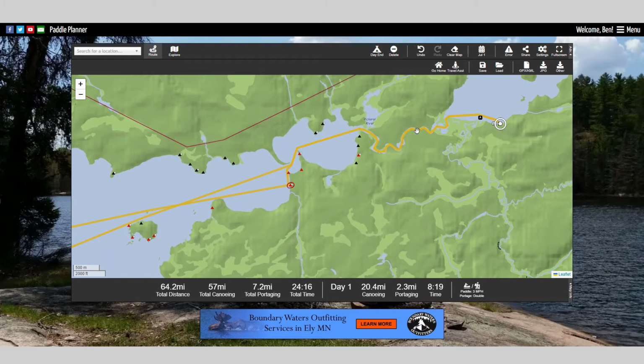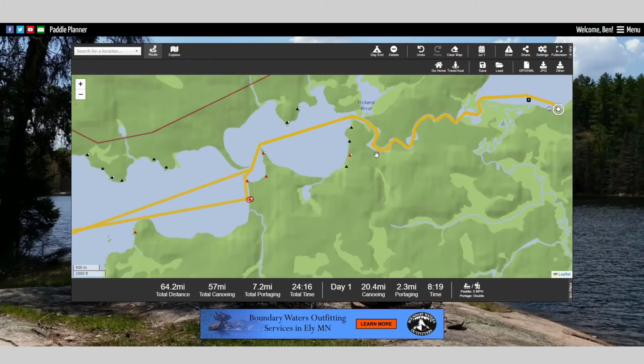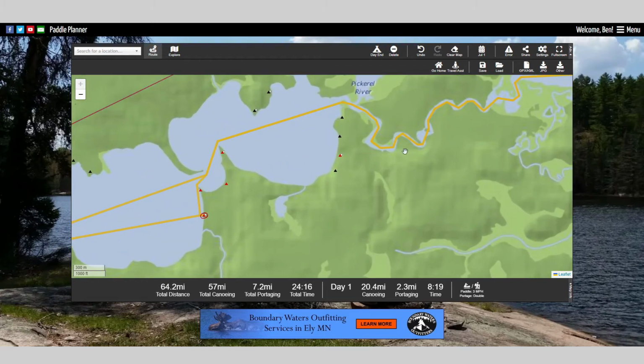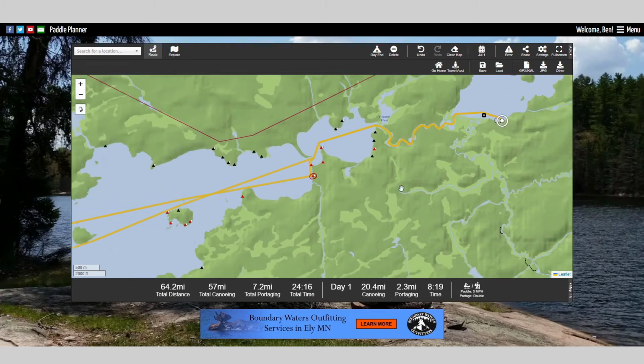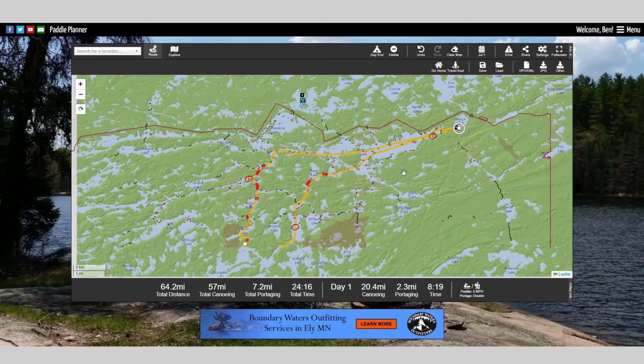Since it is actually the same route, it's hard to tell which is which here, since it's the exact same route going in and out. But I know that it is over there now as well. Okay, so let's zoom out here, and we can